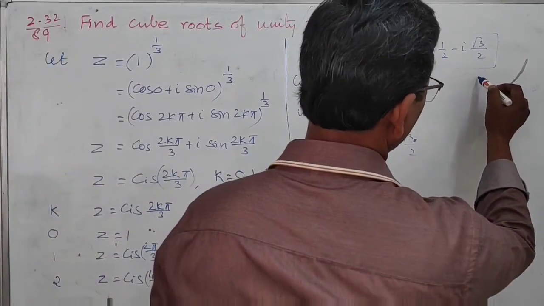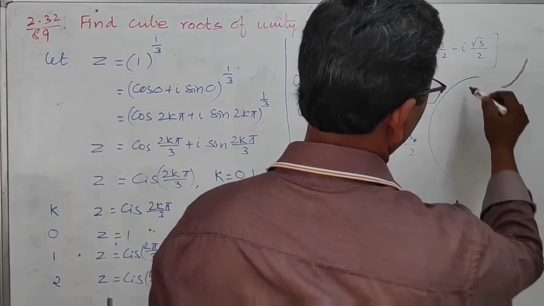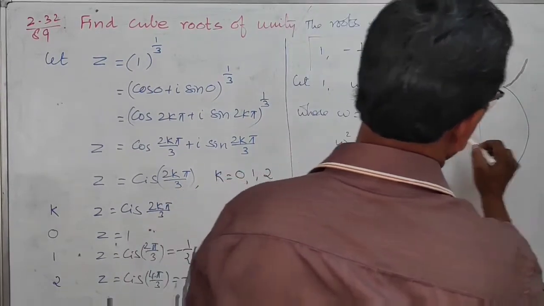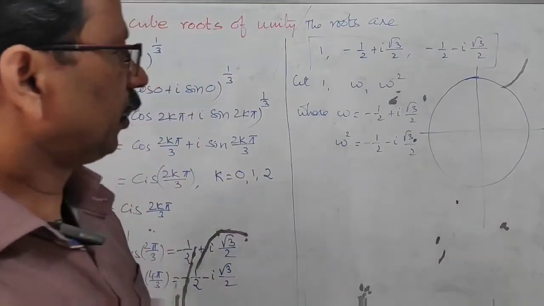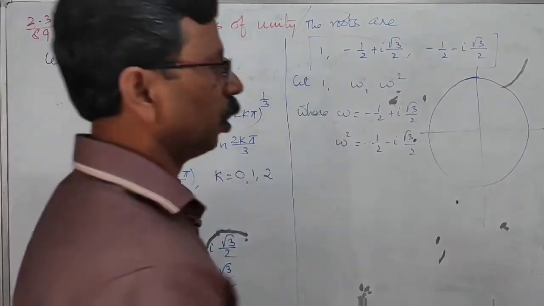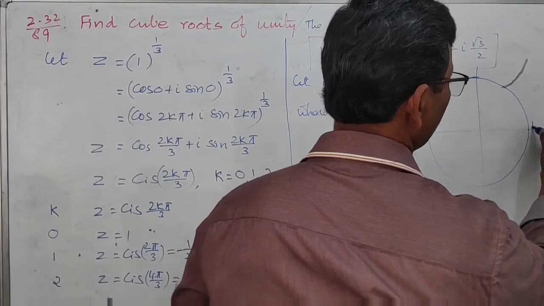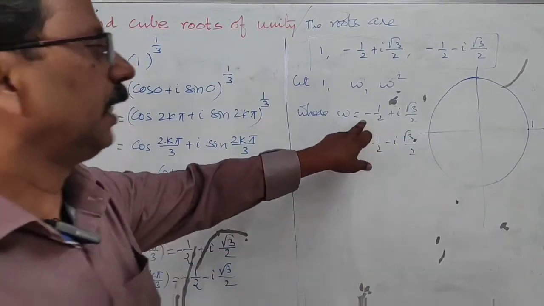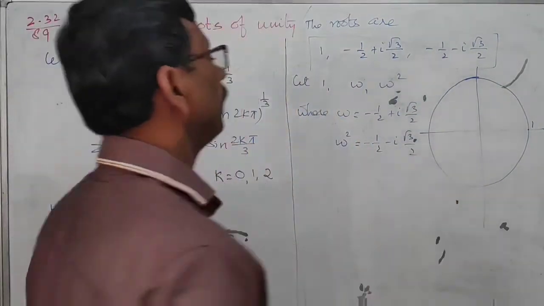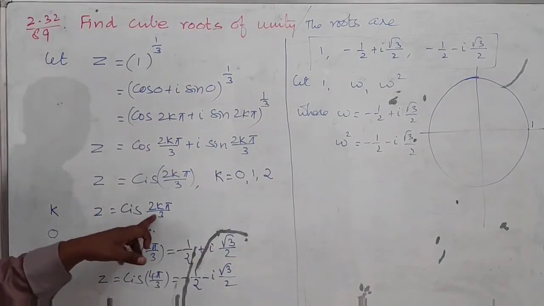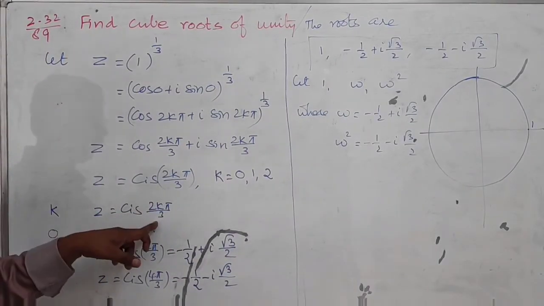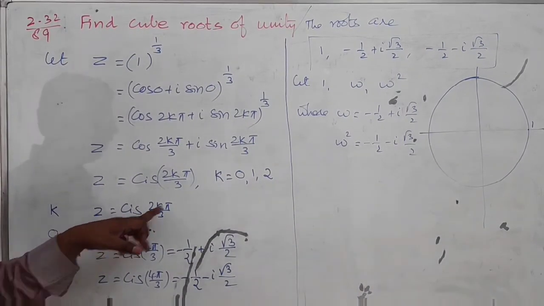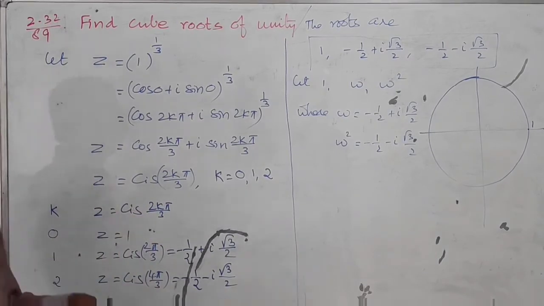Look at here. You can take a unit circle, because it is cube roots of unity only. Now the first value is 1, means 1 comma 0. 1 comma 0 lies here. This is 1. Next minus 1 by 2 plus i root 3 by 2 lies in the second quadrant. Now its argument is here 2k pi by 3. You leave it k, 2 pi by 3. 2 pi is 360 degree. 360 by 3 equal to 120.